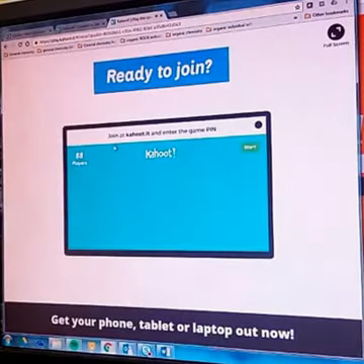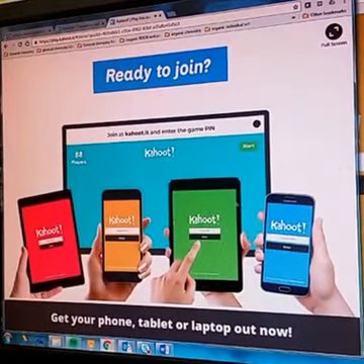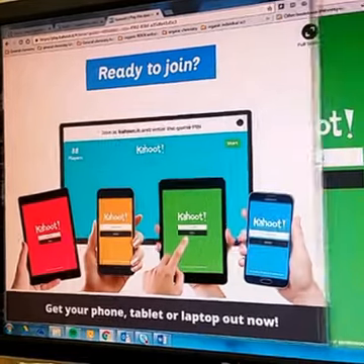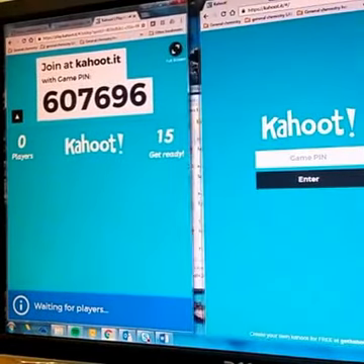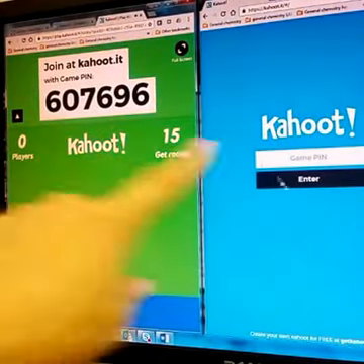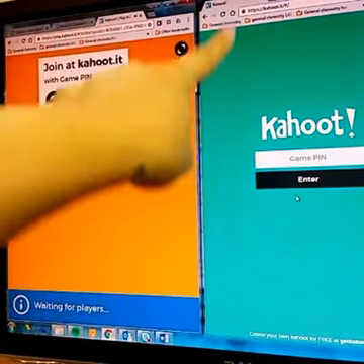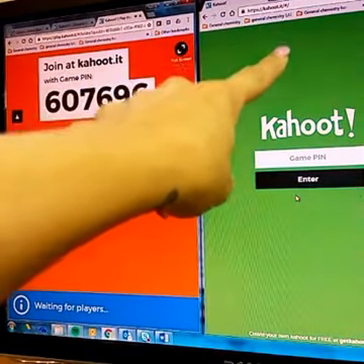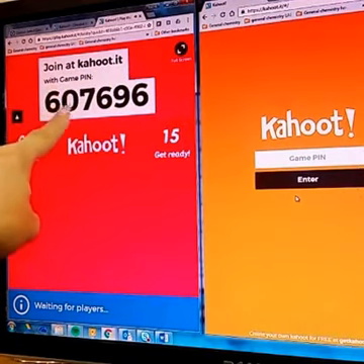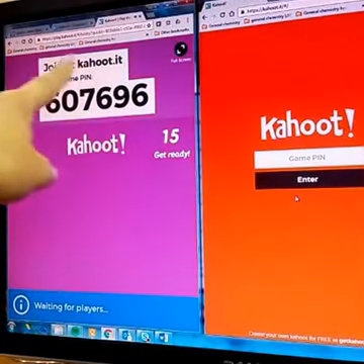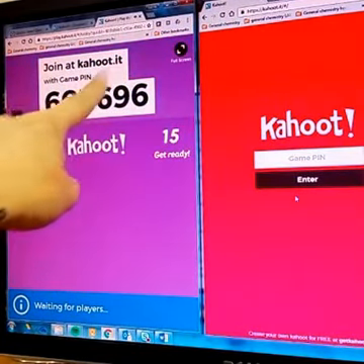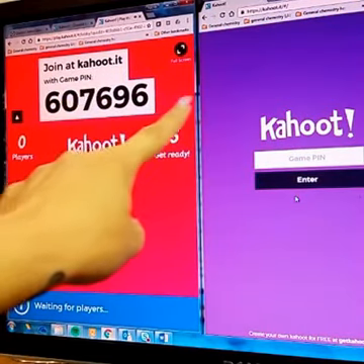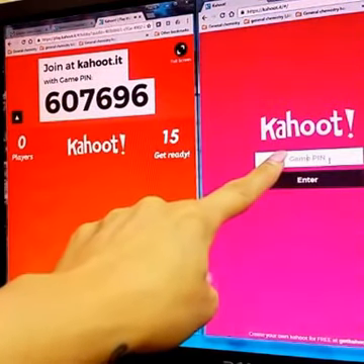So let's play in classic mode. You want to put this on the screen, with students showing their devices. Again, on the right hand side, this is the student device. The website is kahoot.it. You can see it right here. You want to project this screen to your students. It has the website and this is the PIN number they're going to put in. So they're going to come over and put in the PIN,